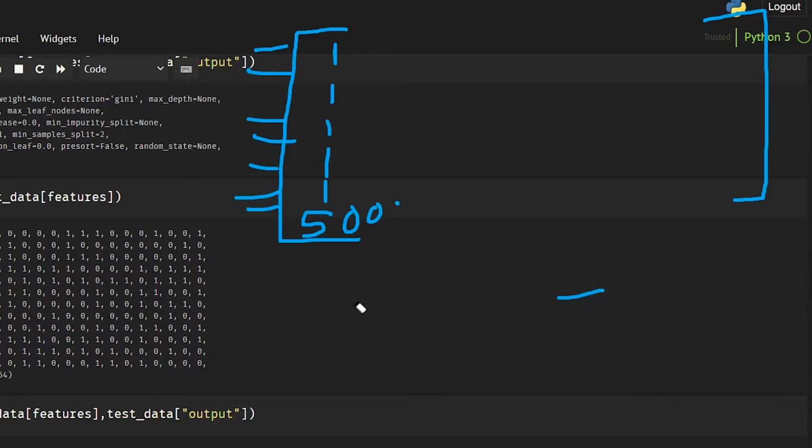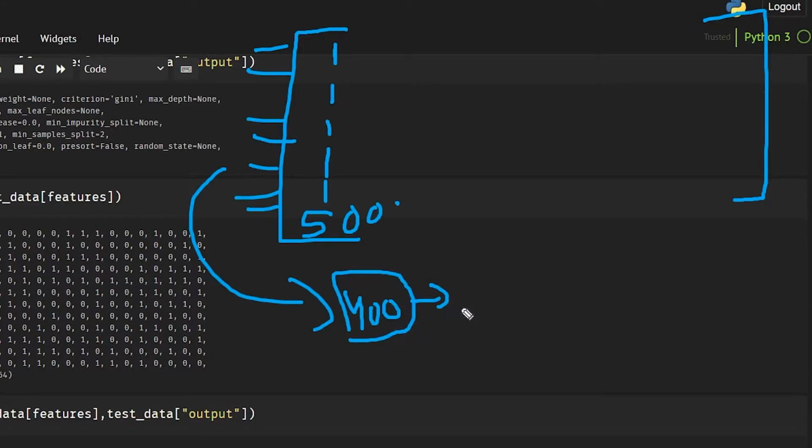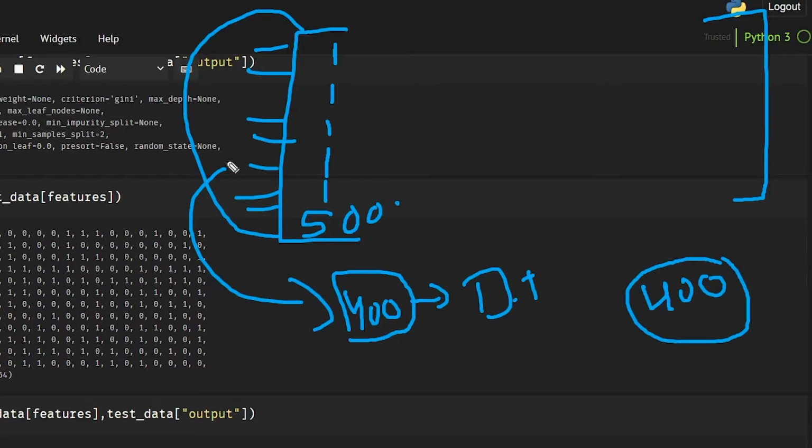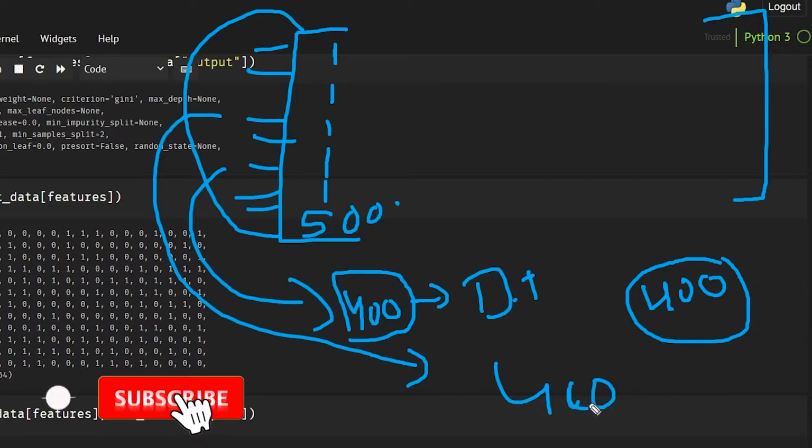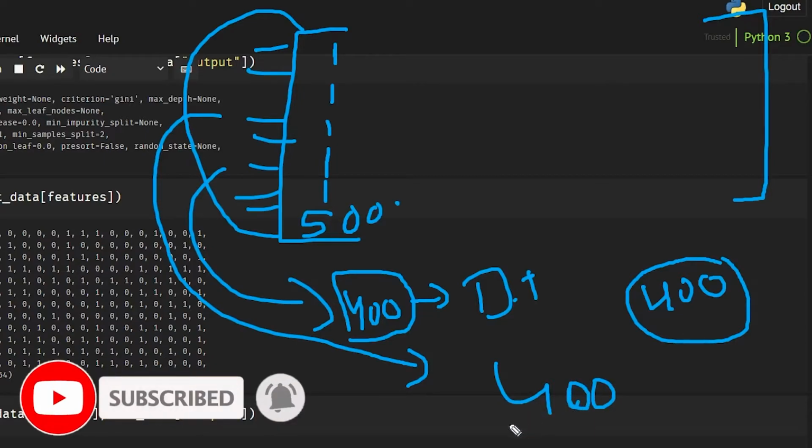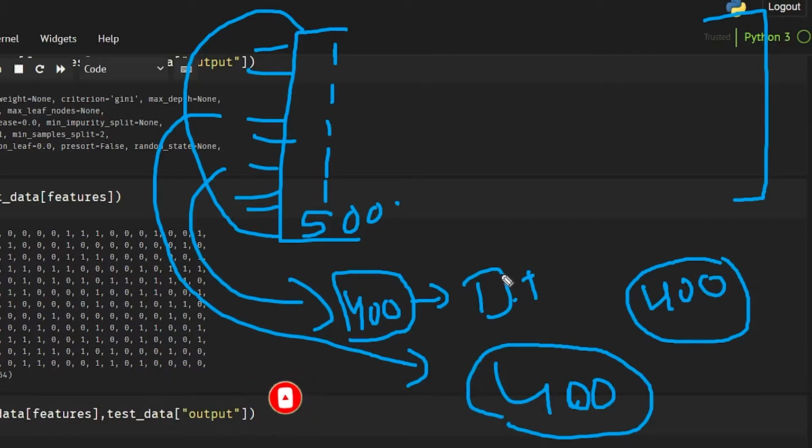But in a random forest, what we are going to do is randomly split this data. Let's suppose we choose 400 values to make a decision tree, and then we choose a different 400 values to make another decision tree. The values are random, so they can be anything. Out of these 500 we choose any 400, and in this case also any 400. And let's suppose we make another decision tree with another 400 values. So there are multiple versions, and you can make different kinds of decision trees on the basis of a single data set.